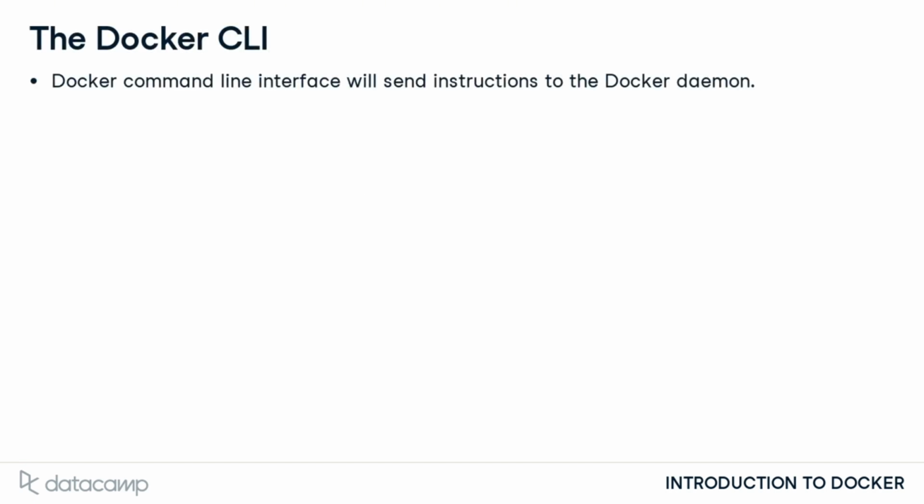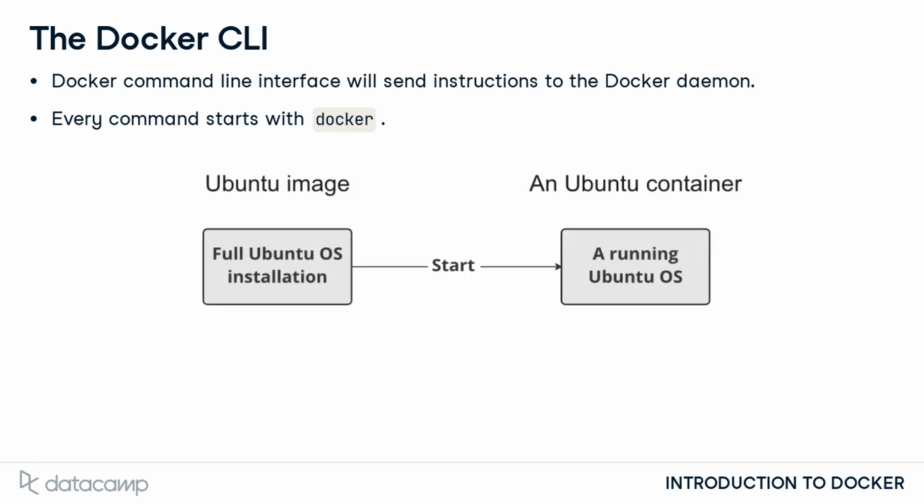The Docker command line interface, or CLI, allows us to send instructions to the Docker daemon, which manages containers and images. The basic command is docker. To start a container, we need an image, which acts as a blueprint defining what will be available in the container. For example, the Ubuntu image contains the full Ubuntu OS. When we start a container from this image, we get a running instance of Ubuntu that we can interact with